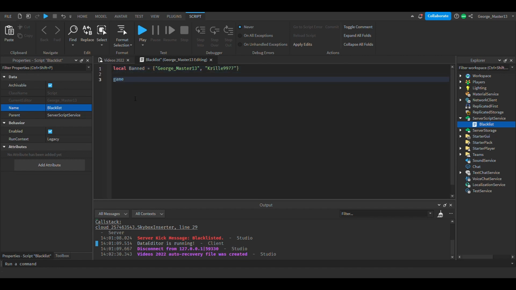Then we wanna get when a player joins, so game.Players.PlayerAdded. We're gonna connect that to a function, and here we're gonna get the player. Then we're gonna get all the usernames here, so for i, v in pairs(ban). So what we wanted to do here is if the player